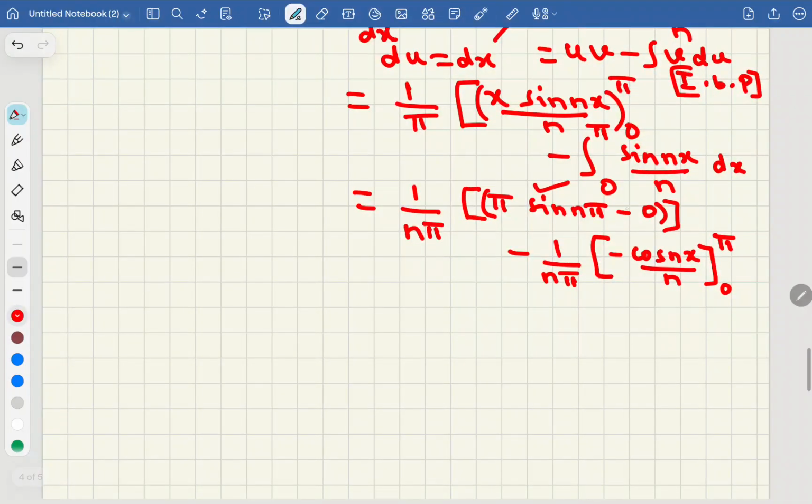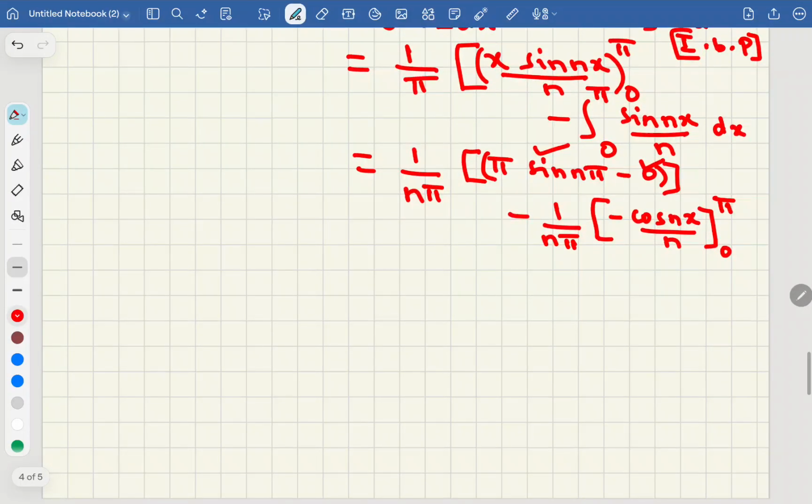This part is 0 because sin n pi is 0, this part already 0, remaining term minus 1 by n pi